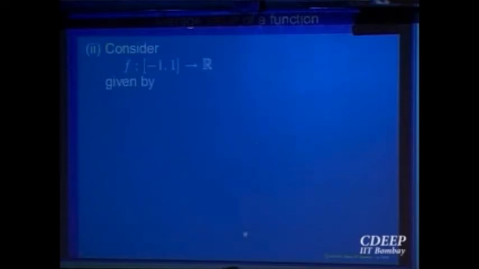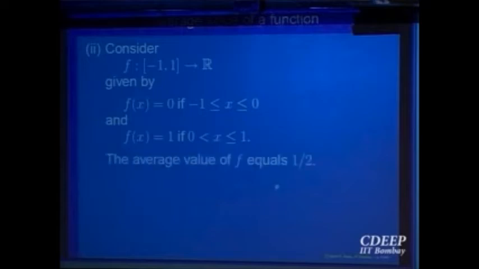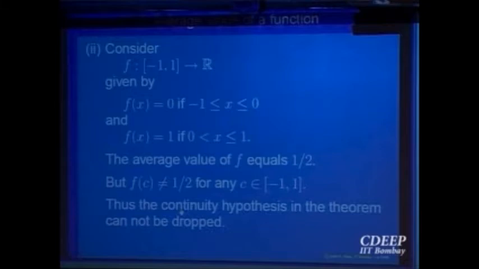So let us say that now the continuity is not required. Here is an example for that. Put f of x equal to 0 in [-1, 0) and 1 in [0, 1]. Then what is the integral of the function? In this part it is 0, in this it is 1, so the integral is 1. So the average value of the function is half, the length of the interval being 2, and at no point does it take the value half. It takes only the values 0 and 1, because this function is not continuous. So the continuity criterion is essential for the average value to be taken at a point. It cannot be dropped.